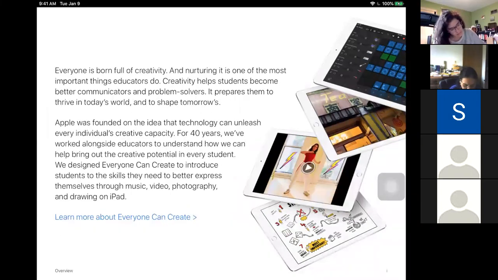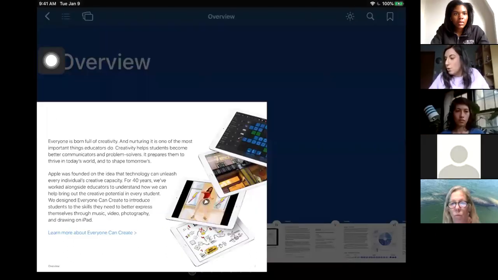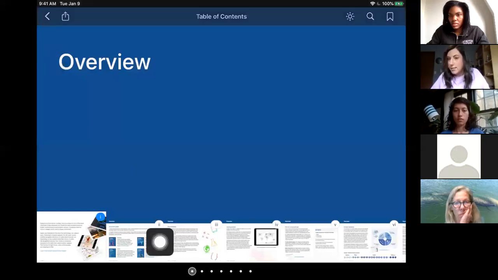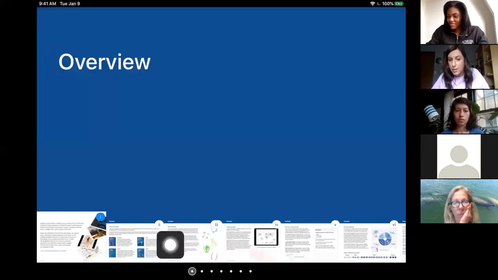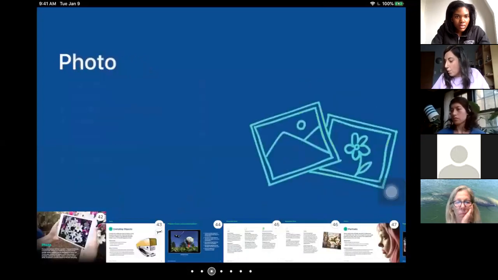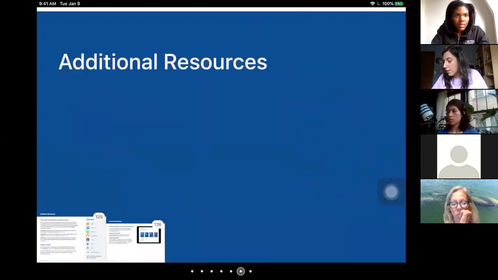So once you open it, if you tap anywhere, on the top, there are 3 dots and 3 lines. If you tap on that, that will show you your overview of the book, and kind of gives you a table of contents of your book. And then the dots on the bottom, if you tap on the little dots, you'll be able to skip through different chapters of the book. So if I tap, the first chapter is drawing, photos, which we're going to do today, video, music, and additional